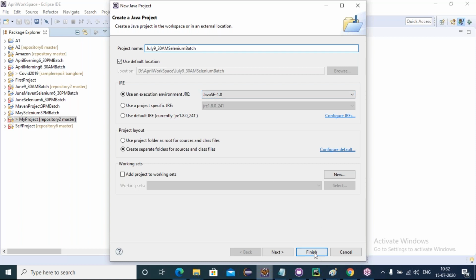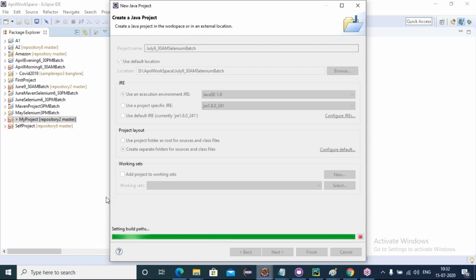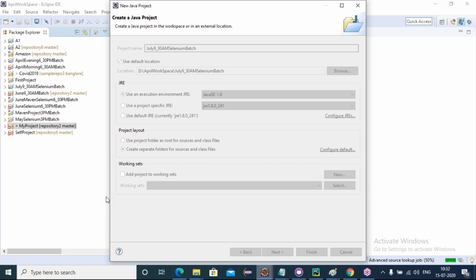Everyone knows that. Just click on finish. Friends, listen carefully. Every concept is very, very important. I will give a very clear, crystal clear explanation, and I will give all the troubleshooting information. Be patient. Okay, fine.